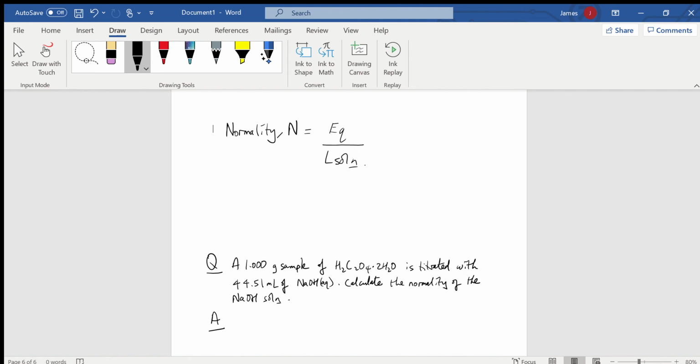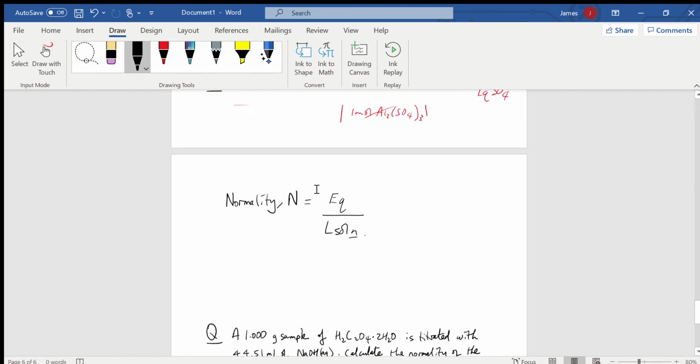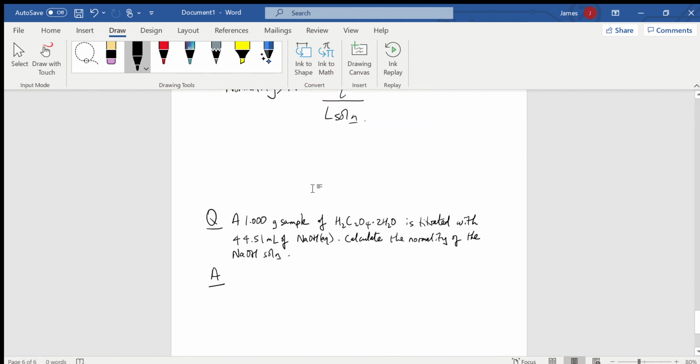Okay, so let's have a look at this question. It reads, a 1 gram sample of H2C2O4·2H2O, so oxalic acid dihydrate, is titrated with 44.51 mL of sodium hydroxide. Calculate the normality of the sodium hydroxide solution. Okay,